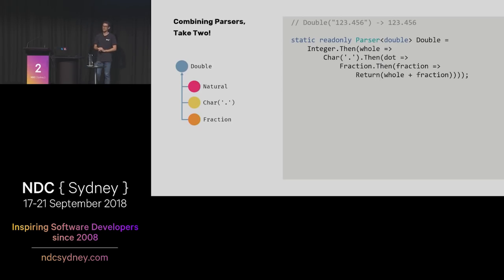This technique is really interesting, not just because it's succinct, but also because it's kind of fractal. You can take a simple parser and build a more complex parser, and with just these few building blocks, you can build parsers for really arbitrarily complex languages that all have the same kind of structure at each level. And this technique's been known for quite a long time. It's, I think, at least known since the 60s.